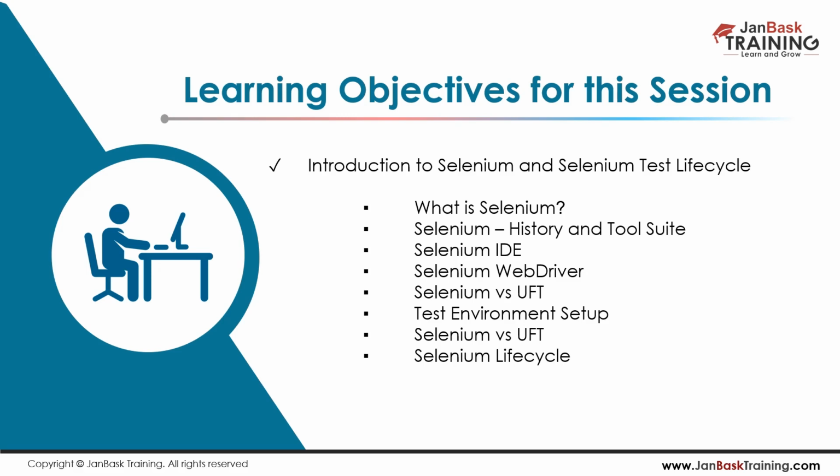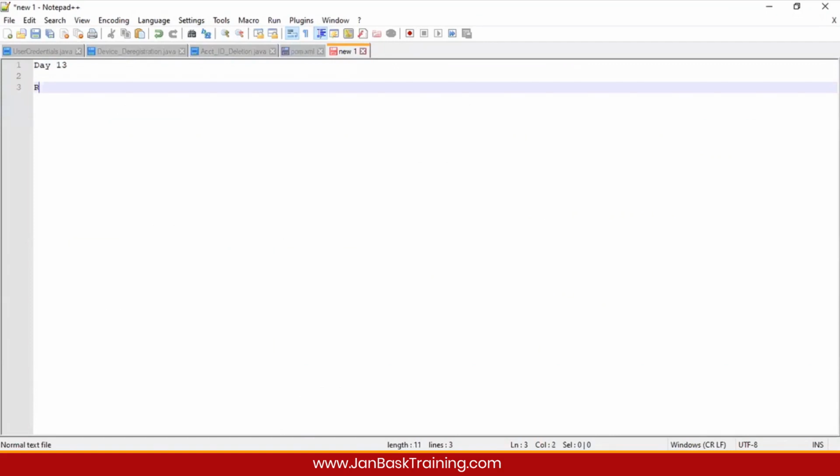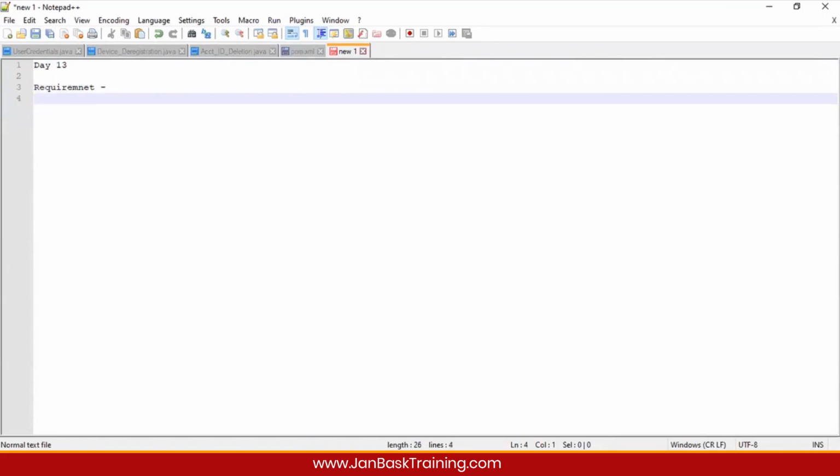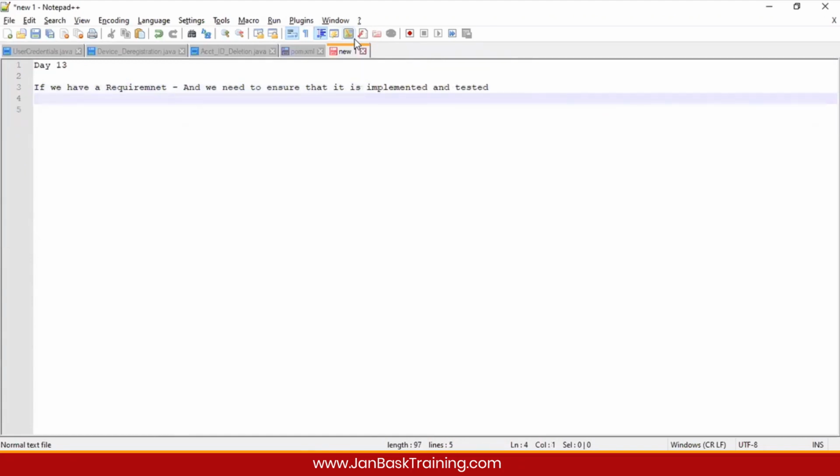So you see, checking one single requirement has taken a lot of steps. The requirement is there, and we need to ensure that it is implemented and tested. So all these phases will be there.